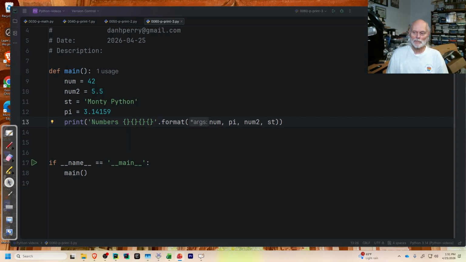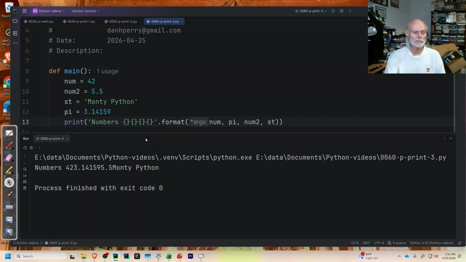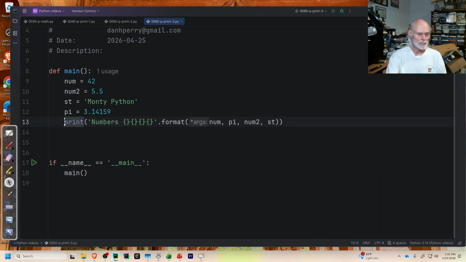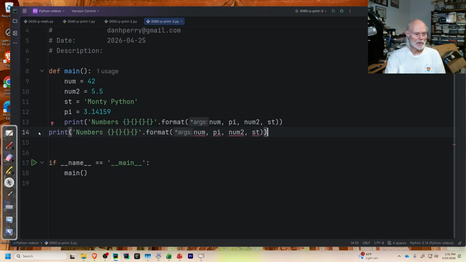So here I've got a program and a print statement using dot format, and I've got variables, an integer, a couple of floats, a string Monty Python. And if I just print it now, it basically runs everything together because I've not done any formatting with it. I'll copy this. And Python makes sure you have to indent properly. If I tried to run this now, I would get an error. So I have to make sure my